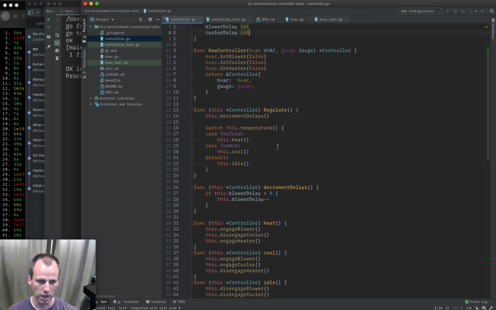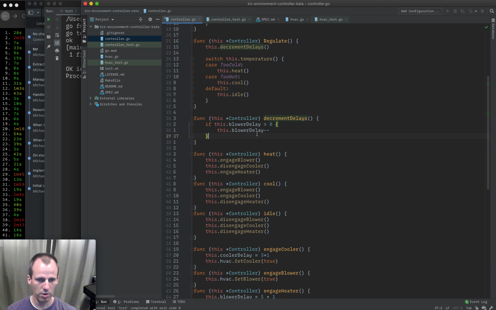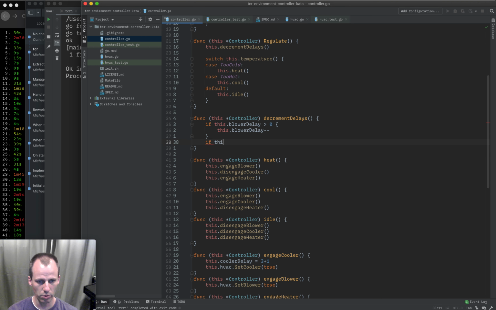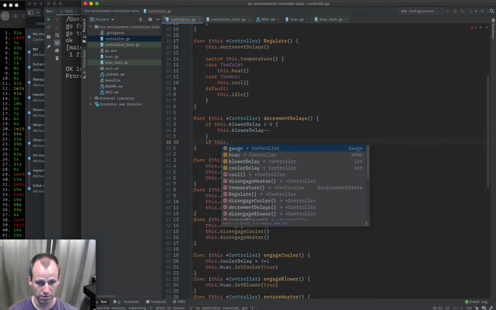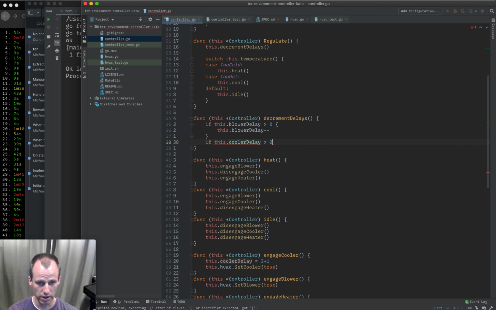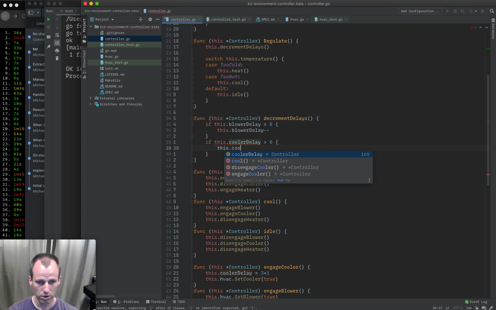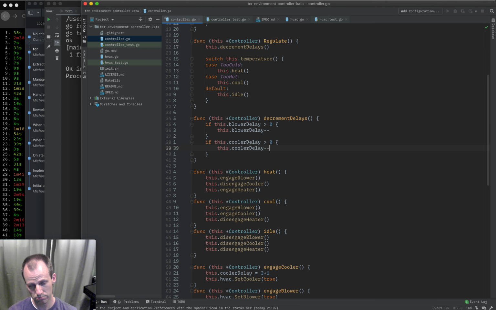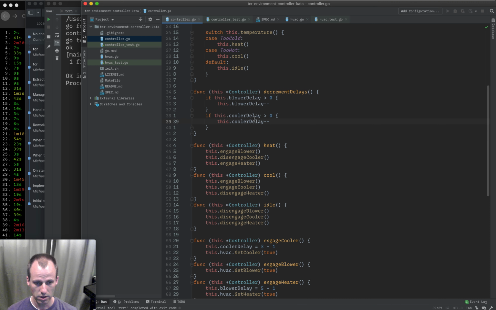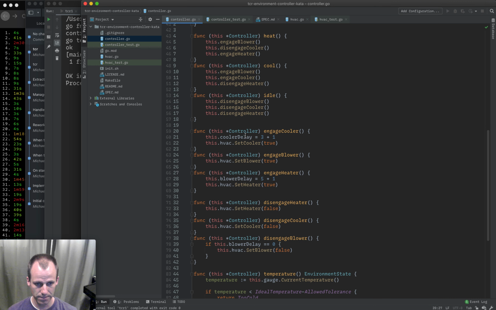All right, there's our delay. Each time around this regulate loop, we would want to say if the cooler delay is greater than 0, cooler delay minus. And I don't think that should offend anyone. Okay, so when we engage the cooler, we make sure that delay is set. We decrement it each time. When the cooler comes off,